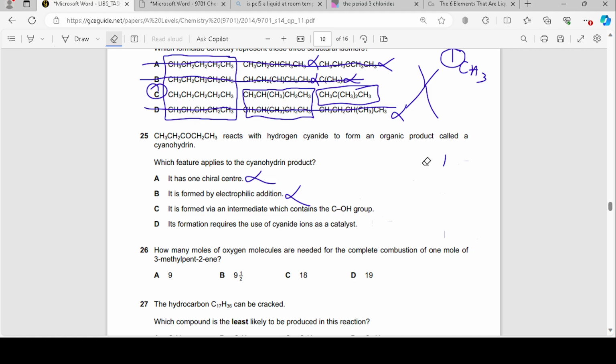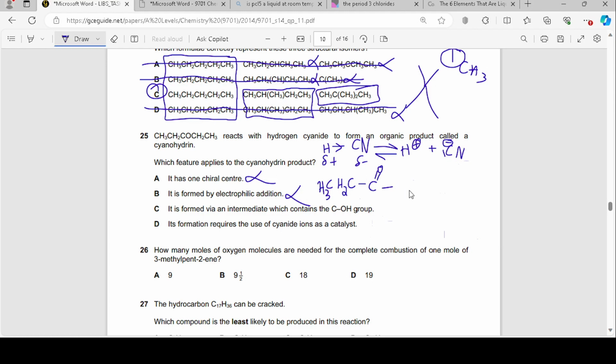Firstly, if it's reacting with hydrogen cyanide, I would get an equilibrium, because this is partially positive and this is partially negative. So you can have electron transfer from the hydrogen to the cyanide, and what I would get basically is H plus and CN minus. Other than that, if I look at the mechanism, then I have CH2, CH3,